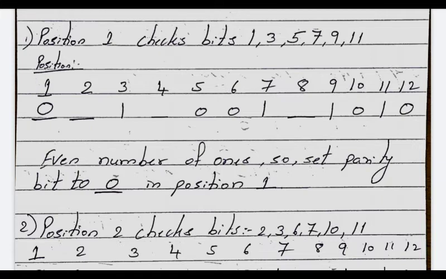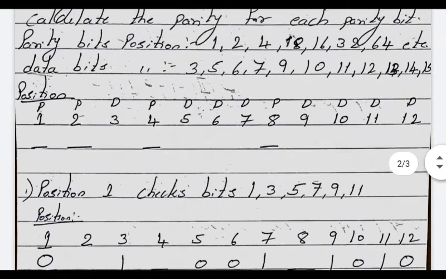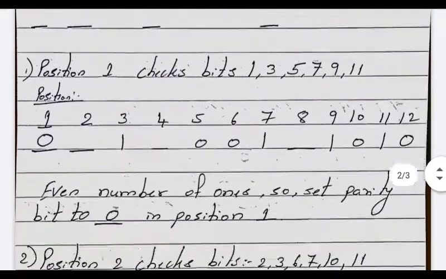In position number 1, initially it is empty. Is it clear? It is the parity bit position which you have to insert. So here I have written the 0. This is the parity bit 0. Now we will see later on why you have written the 0. Initially the parity bit position starting from this is a 0. Now you have to find it.